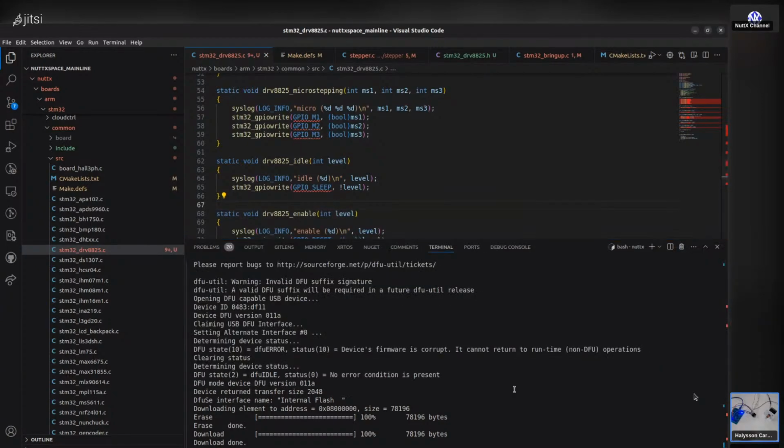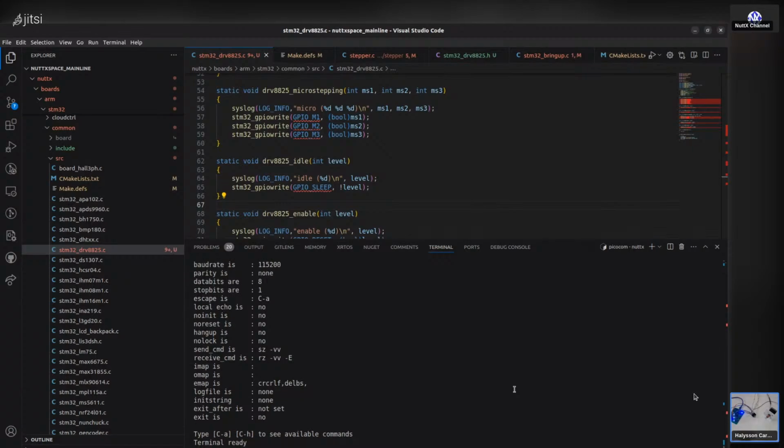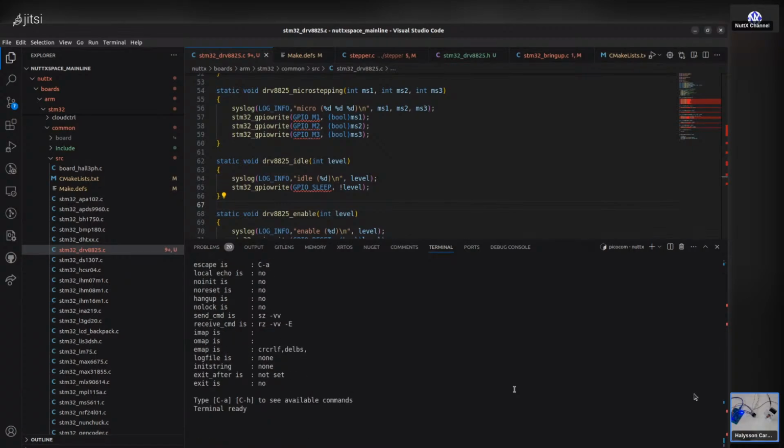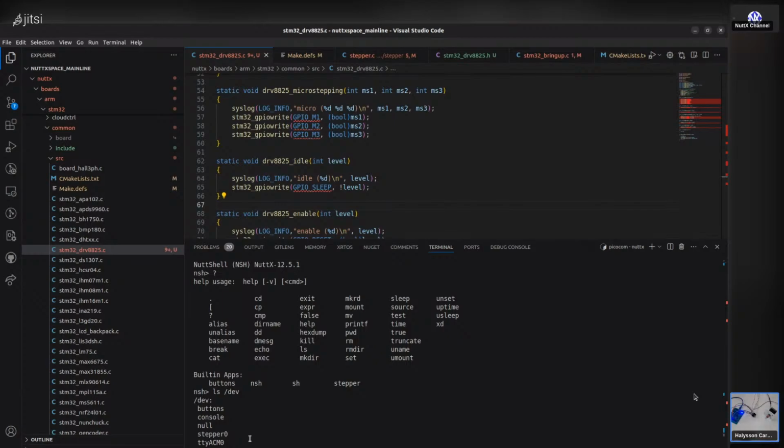So, let's see. Equal 1, 2, 3. Let's see. Verify the message, verify if the stepper 0 was created. It seems created. Register. Okay. Now you need to run stepper,